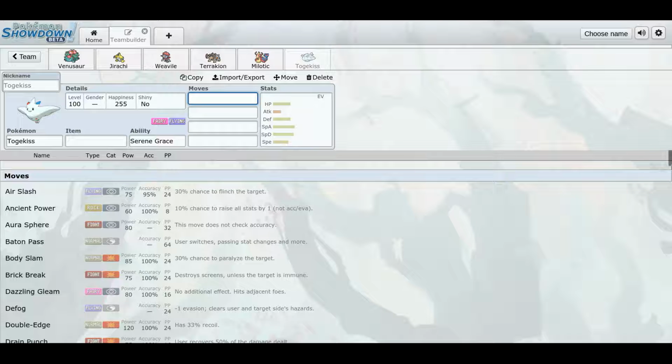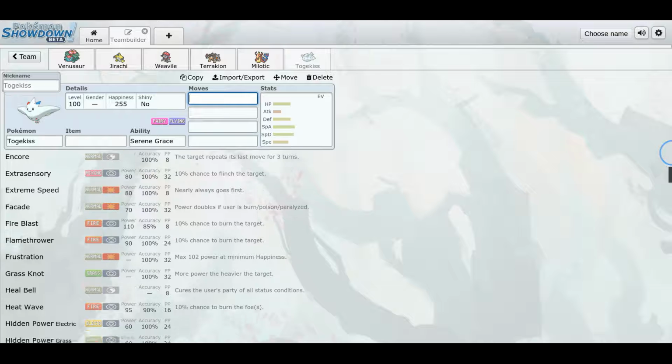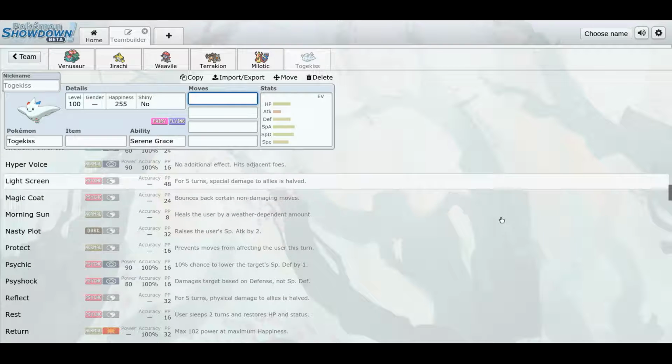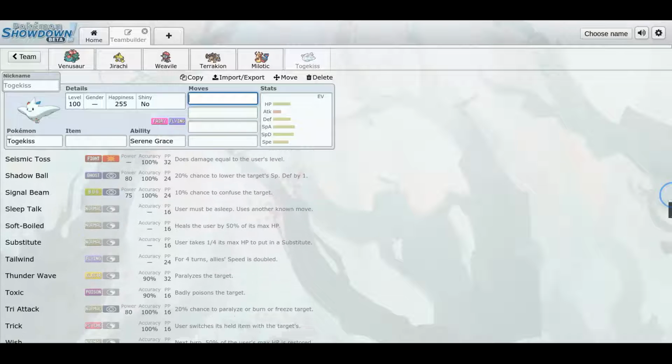You can set up a Nasty Plot and sweep with it. Air Slash, Dazzling Gleam, Aura Sphere, Ancient Power. Does it get heat? No, it gets Flamethrower, Psychic, Psyshock. So it's overall a great mon, but I personally enjoy using